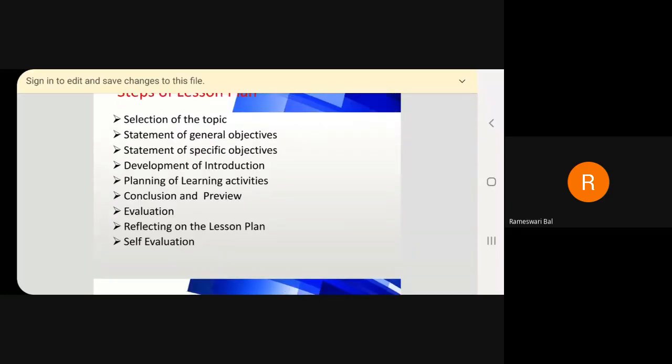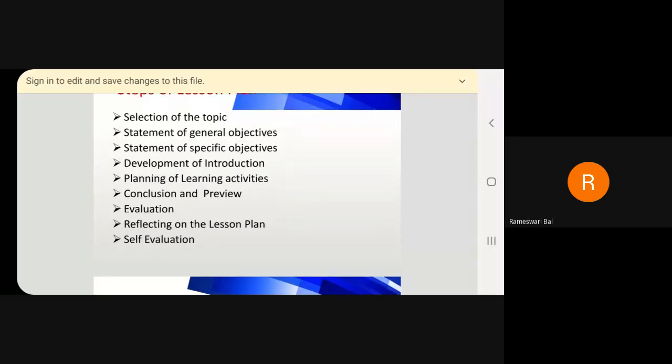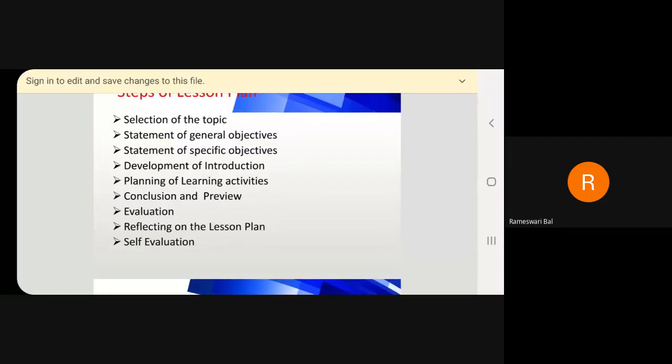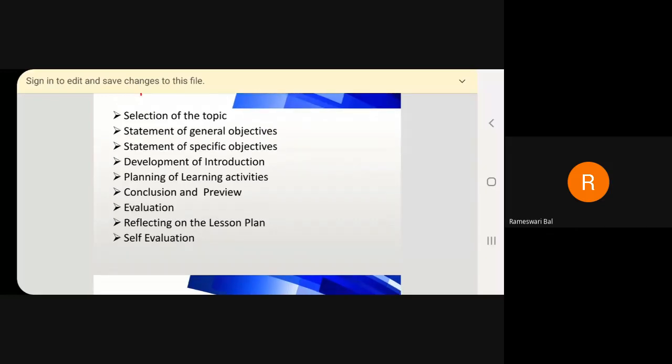We can conduct one activity, we can conduct one game, or we can tell a small story, and we can make a small activity among the students by doing a group work, or silently by showing a picture also we can introduce. So many ways are there to introduce a lesson. For that, any specific rules and regulations are not there. The freedom has been given to the teacher to choose any method or any way to introduce a lesson,